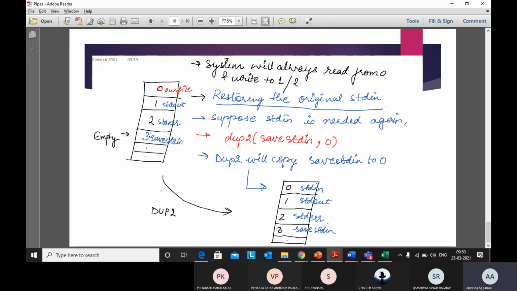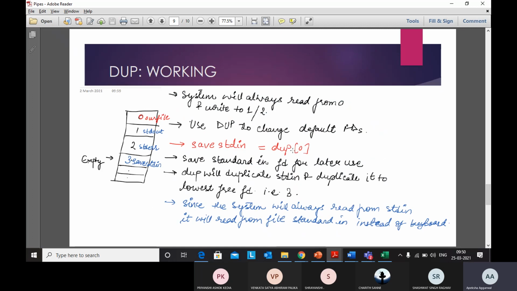Now, can you explain dup2 again? Yes, so in dup, one thing is clear: if I want to change 0, I want to change this read to a new file descriptor, so it will change 0 to 3. Why? Because 3 was free. Now if I again call dup over here, what will it give me? It will give me 4. Why? Because 4 was available. Now if I call dup 0 or dup 1 again, it will give me file descriptor 5. Getting my point? So it is giving me some arbitrary file descriptor.